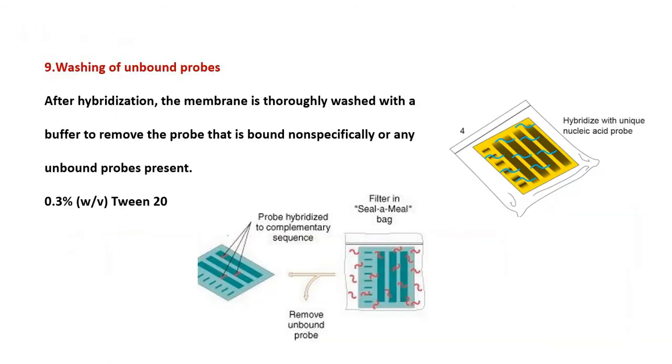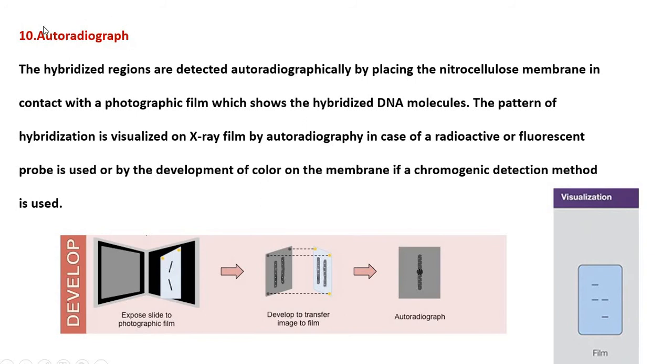After that, on the nitrocellulose filter paper with the radio labeled component, if the gene of interest is available, the radio labeled probe is going to hybridize, and that can be detected by using autoradiography. So on the gel, the radio labeled probe complementary to the DNA to be identified is going to bind. If the probe is bound to the DNA, the radio labeled component is also bound. So this can be identified by autoradiography.